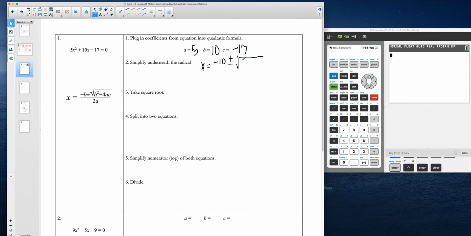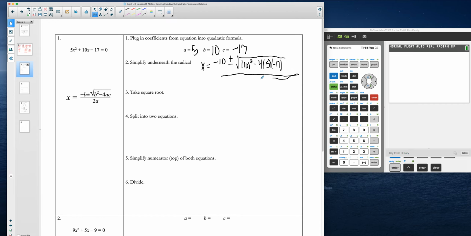And then it's b squared, so 10 squared, minus 4, and then a, and then c. Extend that square root there. And then that's all over